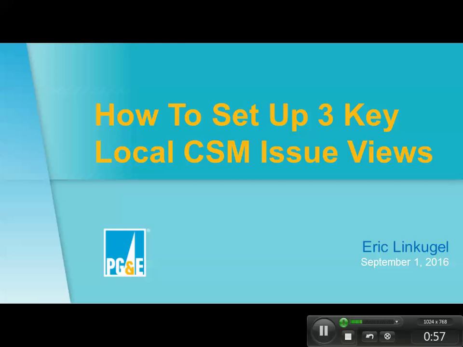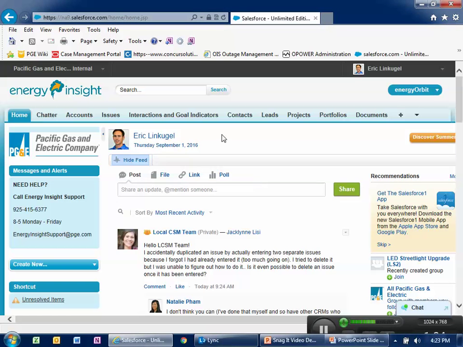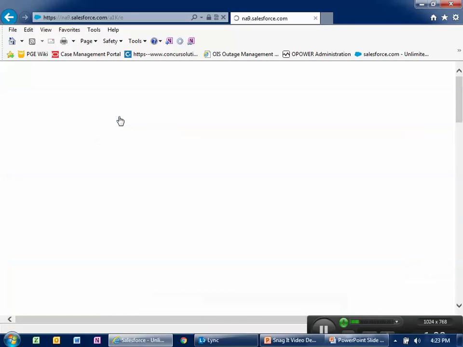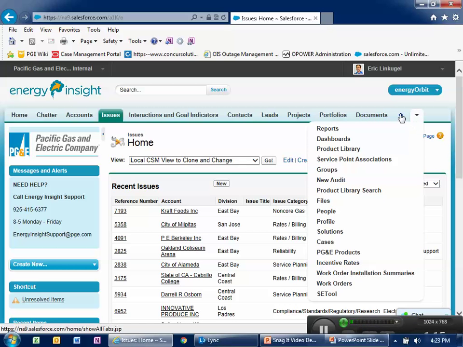historical issues. So with that, let's go ahead and see if I can tab on over to Energy Insight and pull this on up here. So what you're going to do is go to the Issues tab up at the top here, and if you don't have that, you do need to add that by going over here to the plus sign,